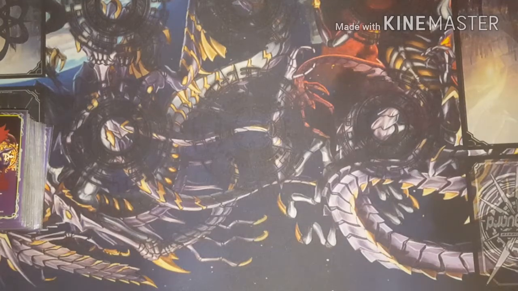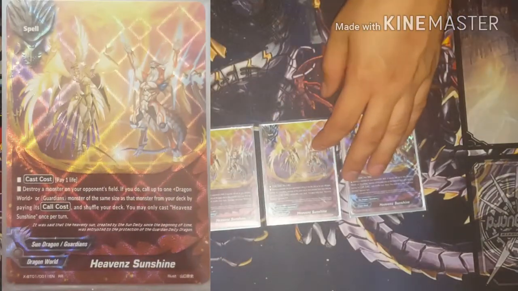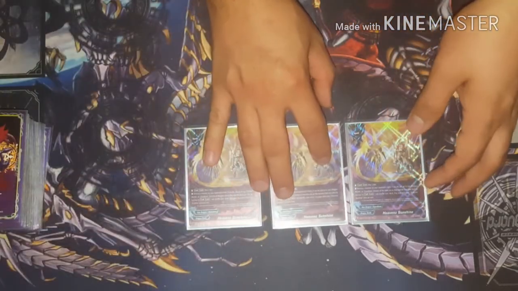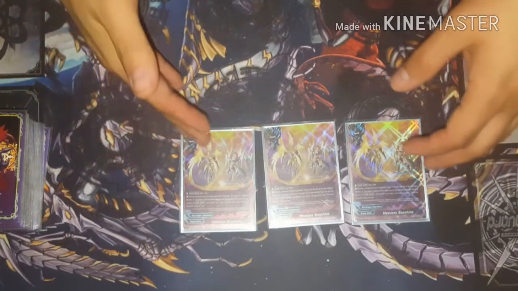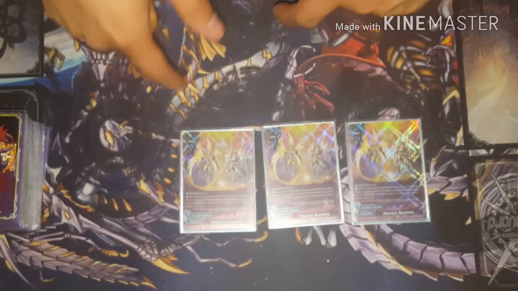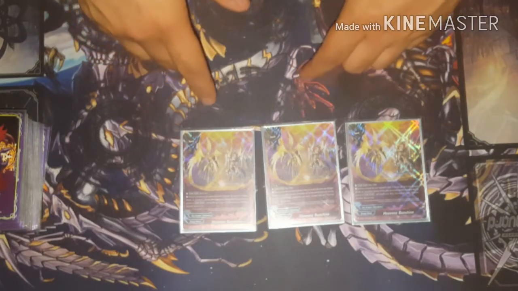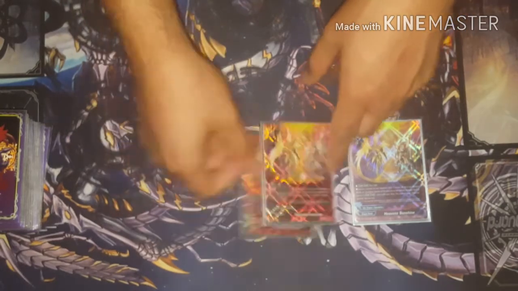Next is a new card I'm really loving in both my Sun Dragon deck and my Thunder Empire deck. It's Heaven Sunshine. It's basically a card that makes every one of your 2-ofs, 3-ofs, 4-ofs, whatever, an extra card in deck, because you pay a life to cast this card, you destroy a monster in your opponent's field, and then you call a monster